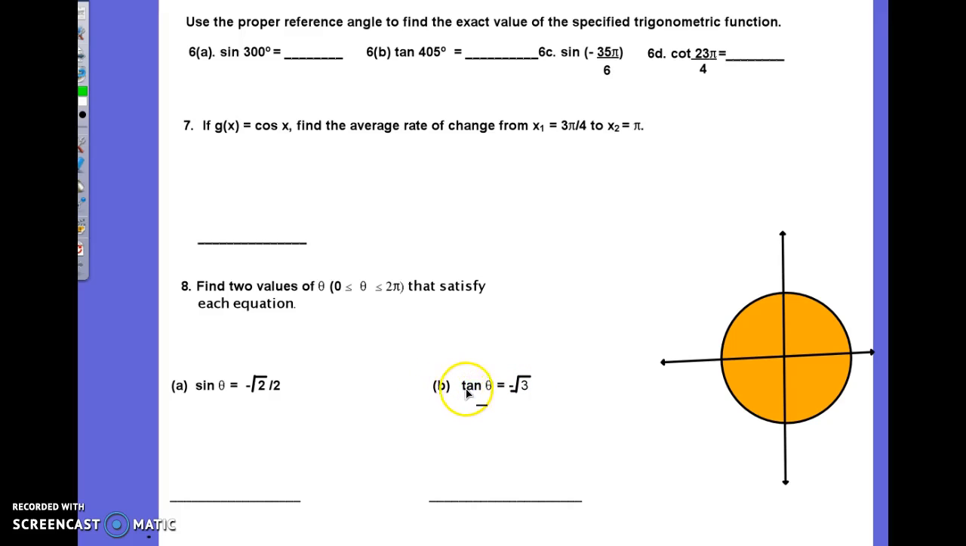This would be number 8, part B, and I'm going to go to a blank sheet so we can take a good look at it. Here it comes. 8B, we're looking for two angular positions for theta, where tan theta is equal to